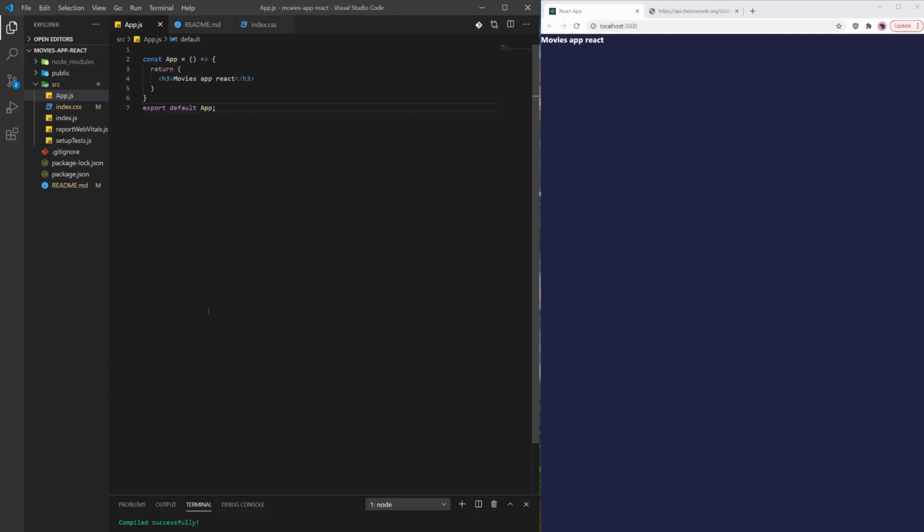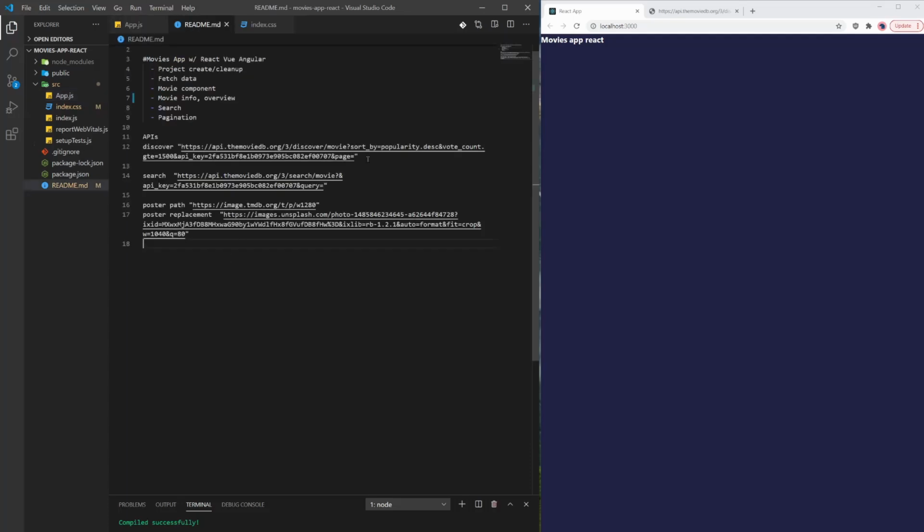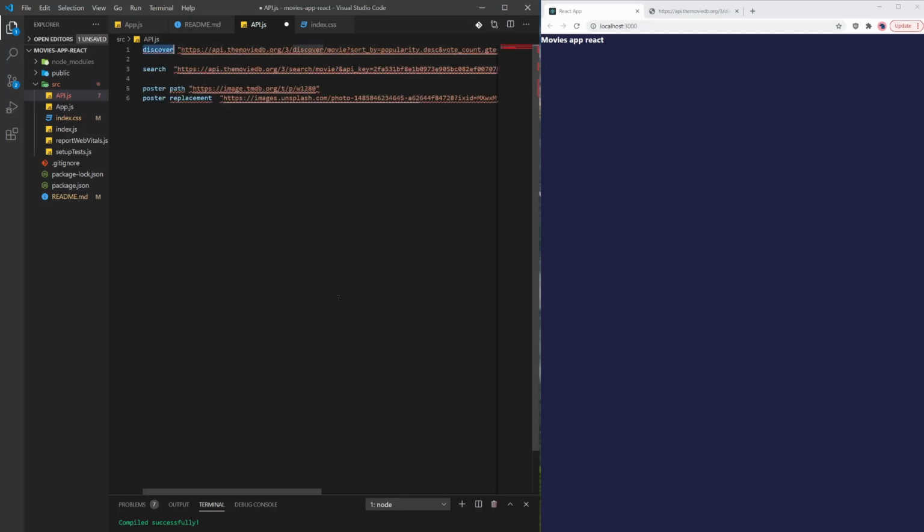We need to get the data from this API endpoint. Actually, I think the better way is to create an api.js file, and here let's say export const discoverAPI, and now again export const, let's say, searchAPI,